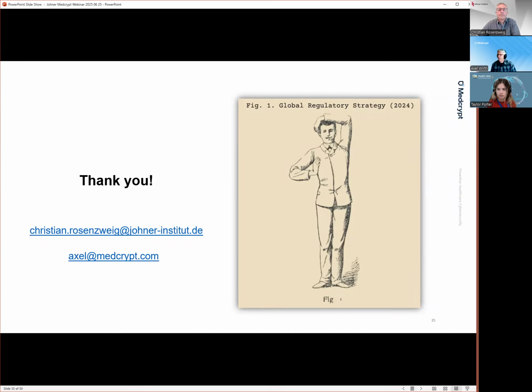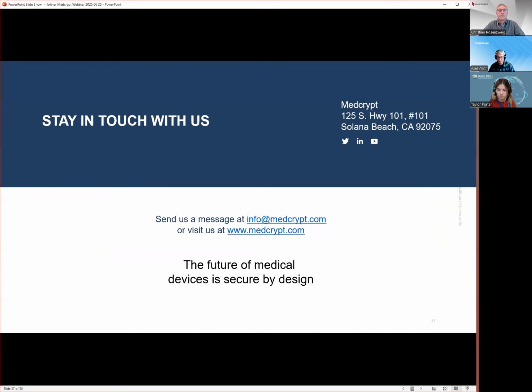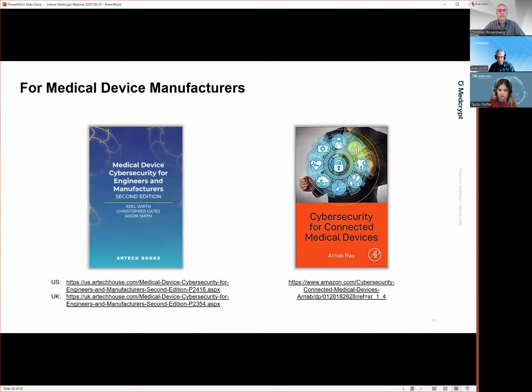Yeah, I mean 81001 and TR 97 are, I think, the two leading documents. The joint security plan we had up on screen earlier, to an extent gets into post-market management, but it's largely focused on pre-market, though it does touch on post-market. And then also, as you get this PowerPoint, other than our contact information, both for Johner as well as Medcrypt, there's a slew of resources we've added.